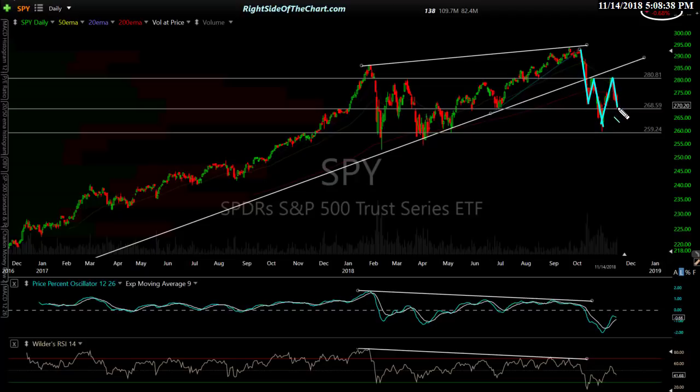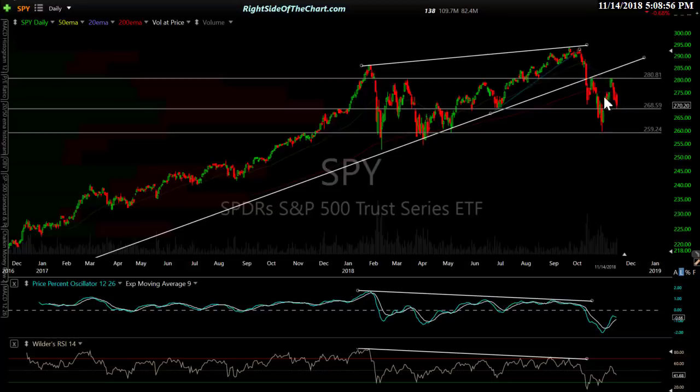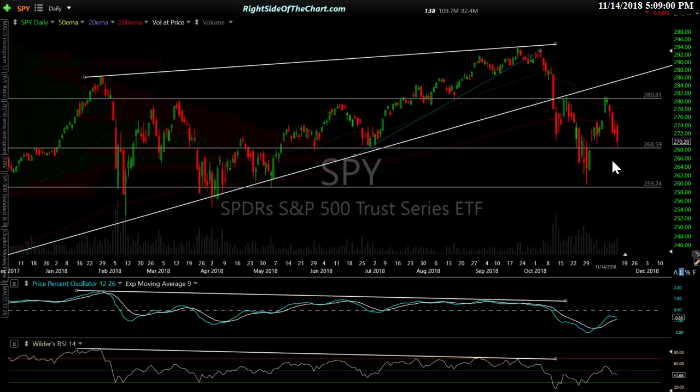And there's that potential IHS that I've already shared my thoughts on, inverse head and shoulders. Again, not that it can't play out for what it is, but head and shoulders, inverse head and shoulders is a bottoming pattern that comes at the end of an extended downtrend, not an extended uptrend. So if it were to play out, it would be more of a continuation type pattern. So we'll see. Now, as far as levels go, and that's really what we have to look at here,